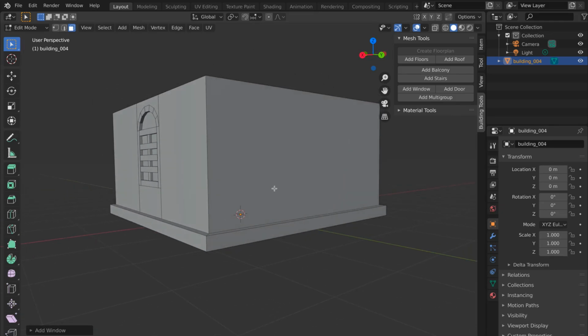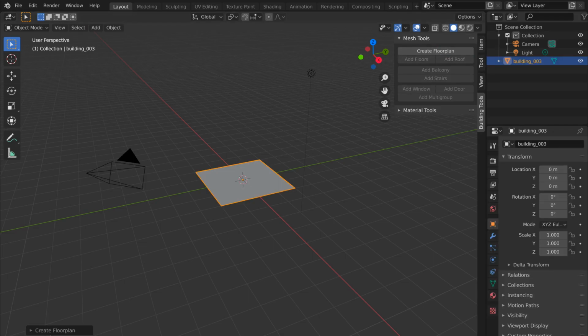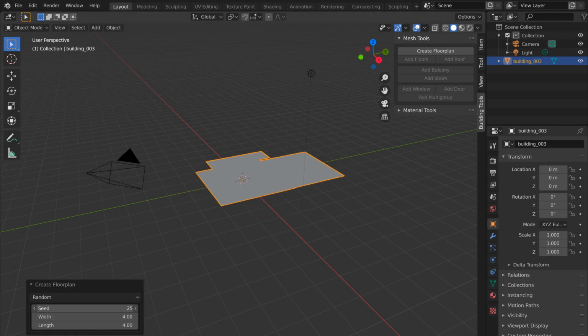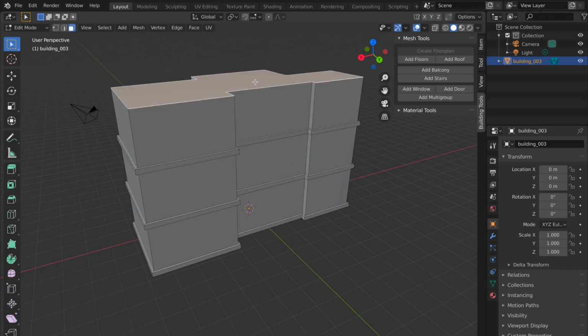By now, you should have enough knowledge to create your own buildings. But there are some guidelines to get the most out of this add-on. The most important one being to use operators in order from top to bottom. The operators are divided into three groups. The first group contains operators which define structure of the building, like floor map and number of floors.